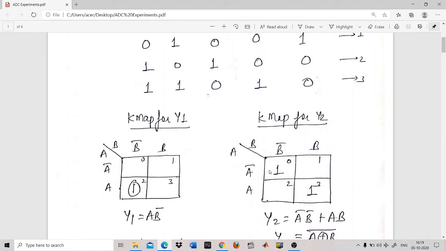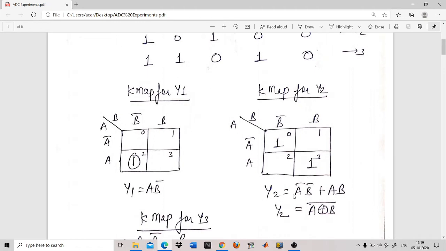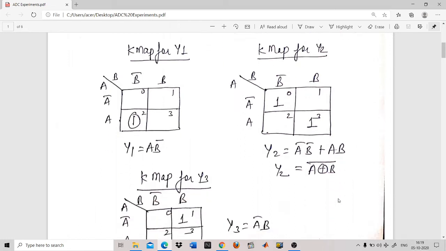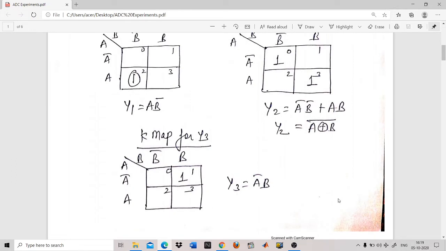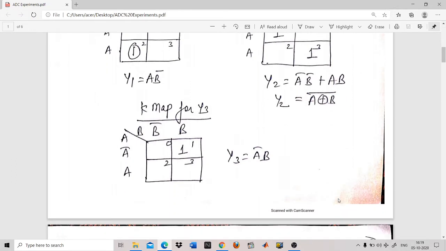Trace the corresponding row and the column. Fine. Now come to this one. Trace the corresponding row and the column. So your expression will be A bar B bar plus AB. Now this is an inverse, by De Morgan's theorem. Now you apply: A XOR B inverse. A bar B plus A B bar will be your A XOR B. If you have this type of expression, you can simply write this, because we will be dealing with the XOR gate also, AND gate and the OR gate.